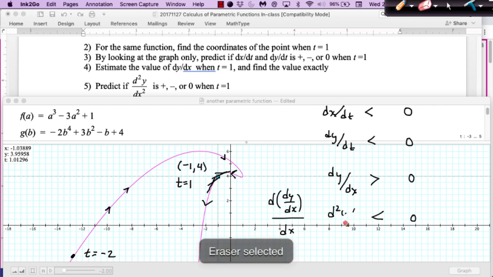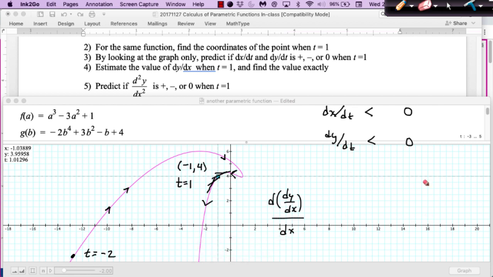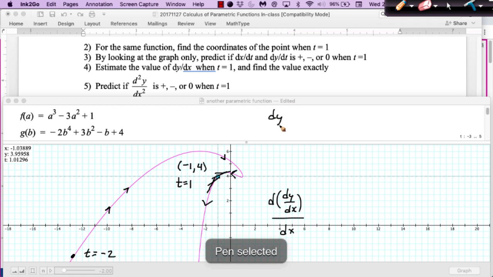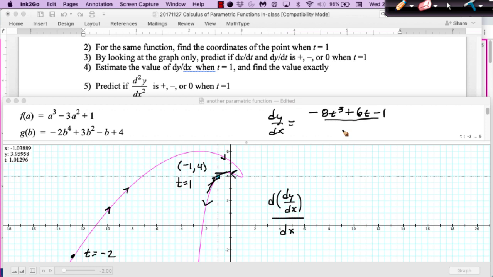Okay, so we saw what dy dx is. What was dy dx again? The ratio of those two derivatives. Let's write that out. So what was it? Negative 8t cubed plus 6t minus 1 over 3t squared minus 6t. And how did we get that? I got that by